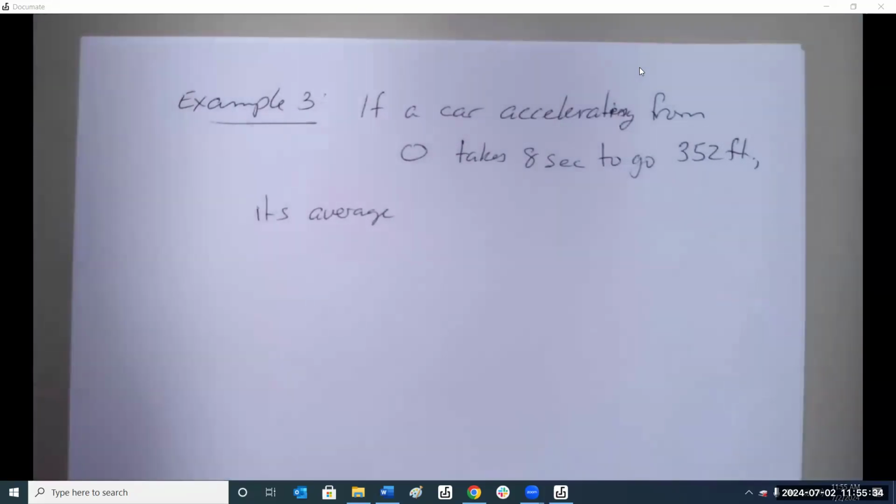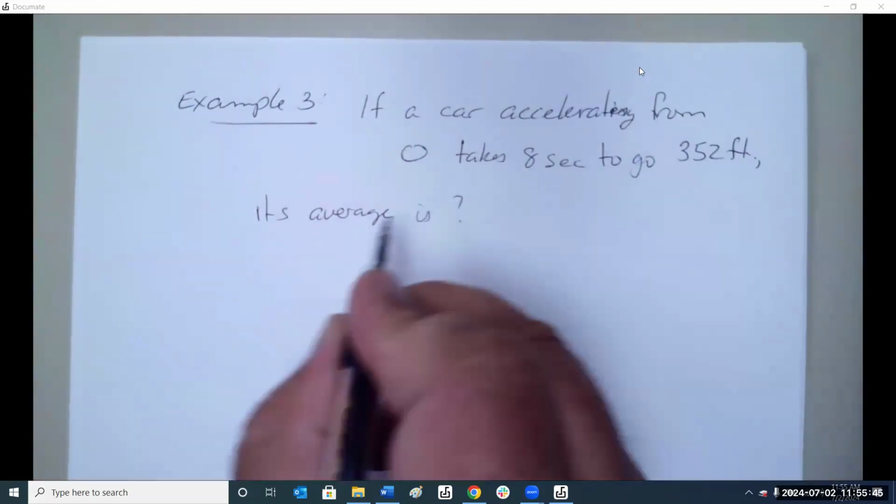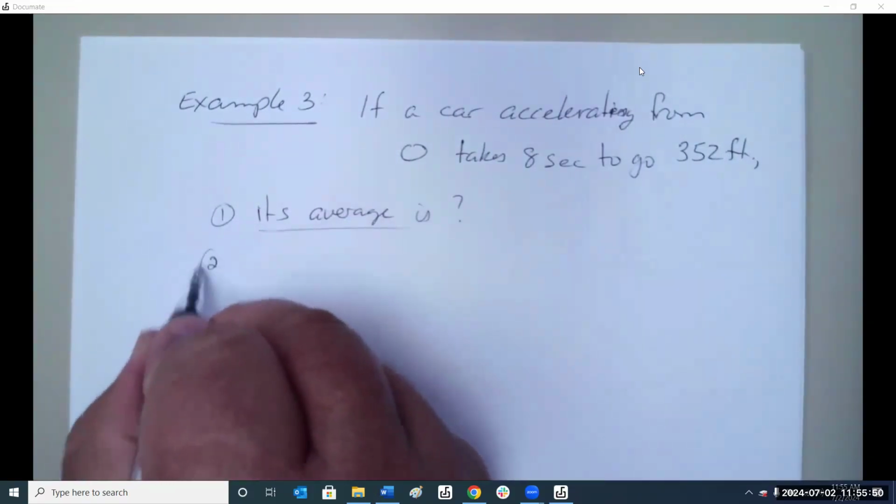What is its average velocity? Its average velocity is, and then 2,